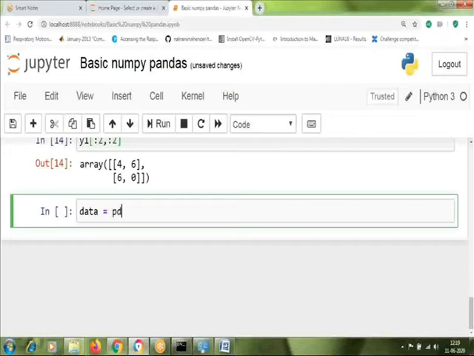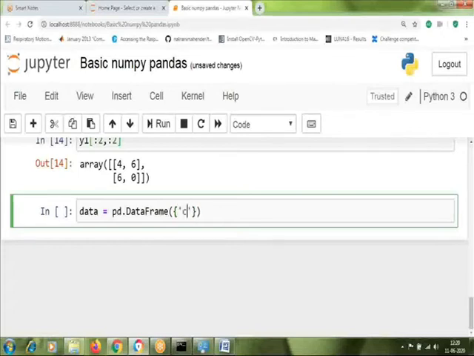So I'm going to write code to create a data frame. DataFrame, with capital D and F, is the function in pandas which helps to create the data frame. In curly brackets, the first thing is the column name.